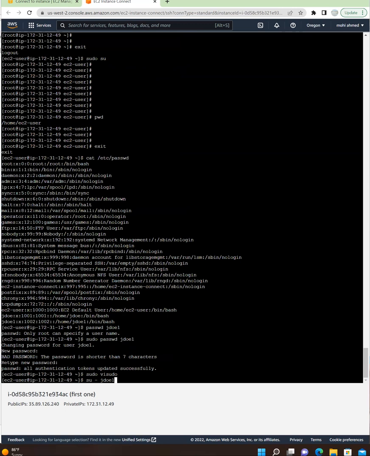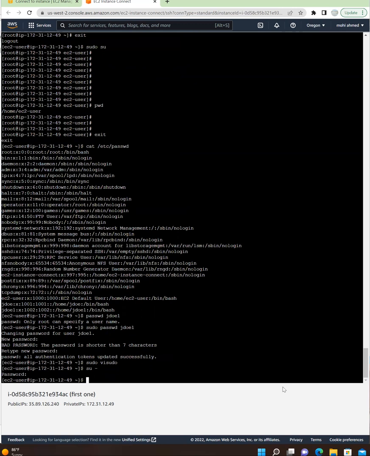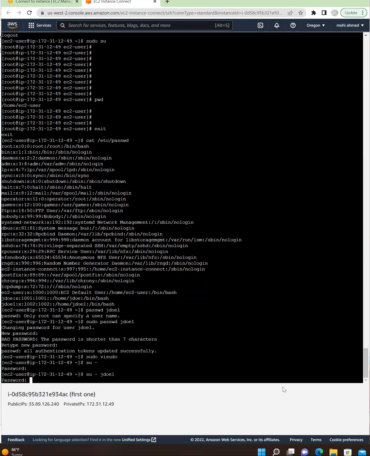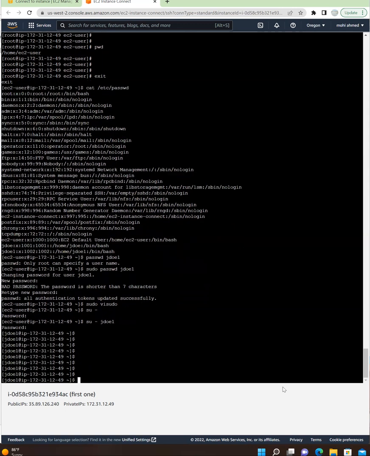Okay, that dash specifies: if we don't specify the username, that means we are going to become root. But if we specify the username, that means we are trying to become that user. Which user? Whatever username we specified after the dash. Okay, so it asks for the password. Okay, see, we become user